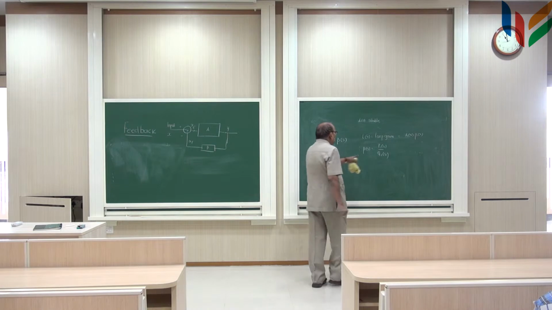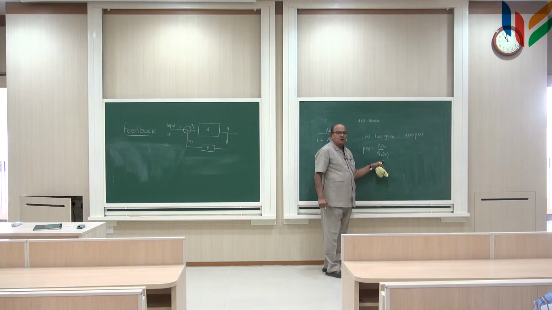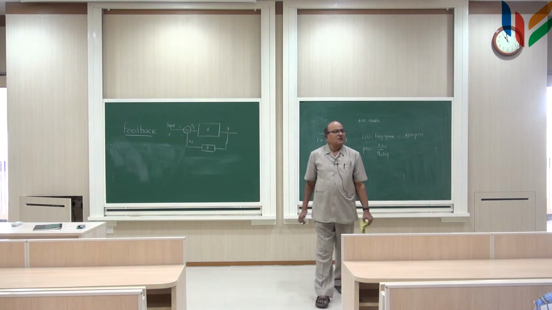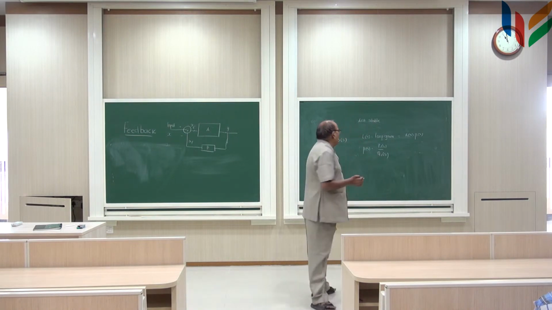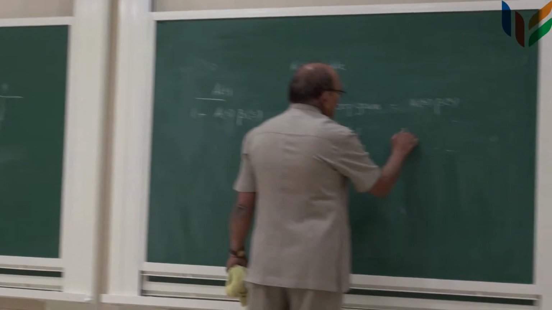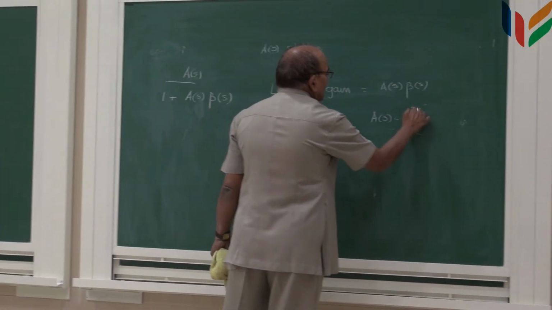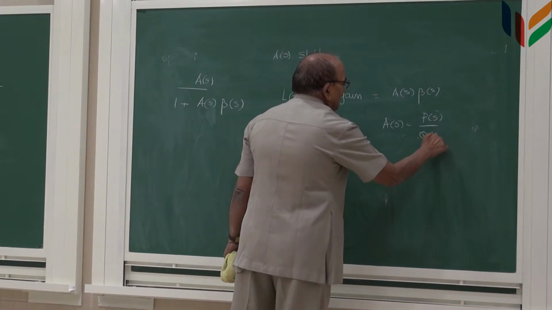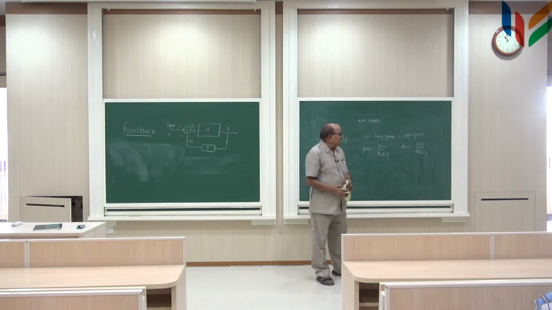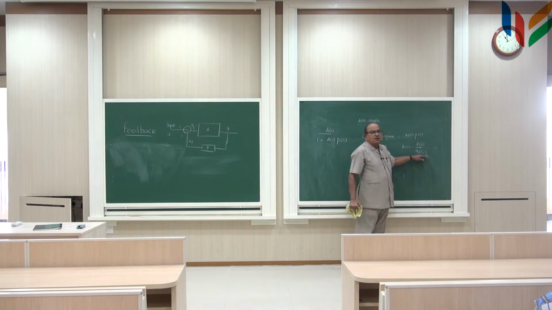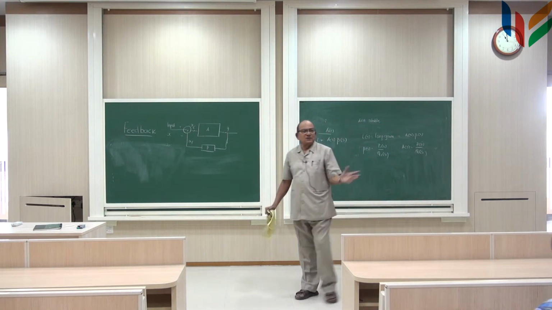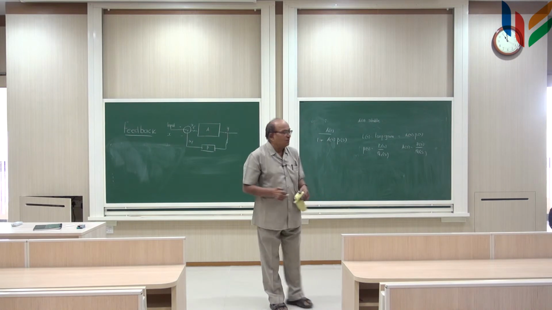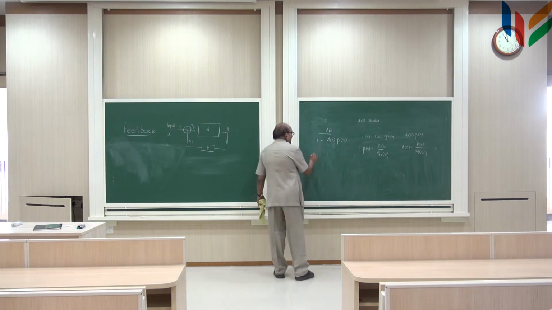However, the denominator polynomial of this must have zeros in the left half plane, because it is a passive network. For a transfer function, there is no necessity of P1 having zeros in the left half plane, it can be anywhere. Similarly, for A(s), we have P(s) by Q(s). Again, Q(s) should have zeros in the left half plane, but there is no requirement of P(s) having zeros in the left half plane, because it is a transfer function. We studied in 101.